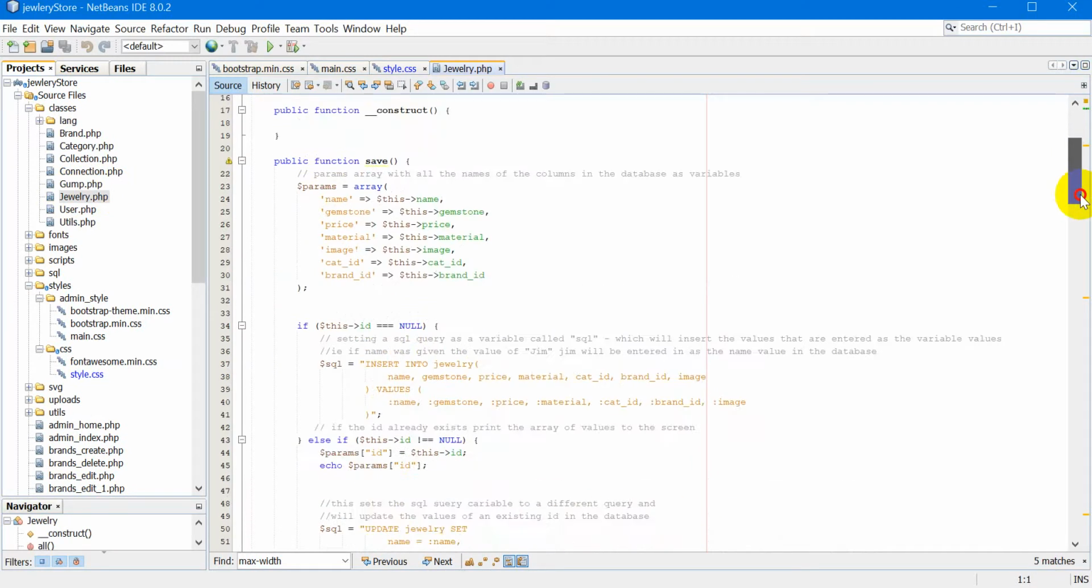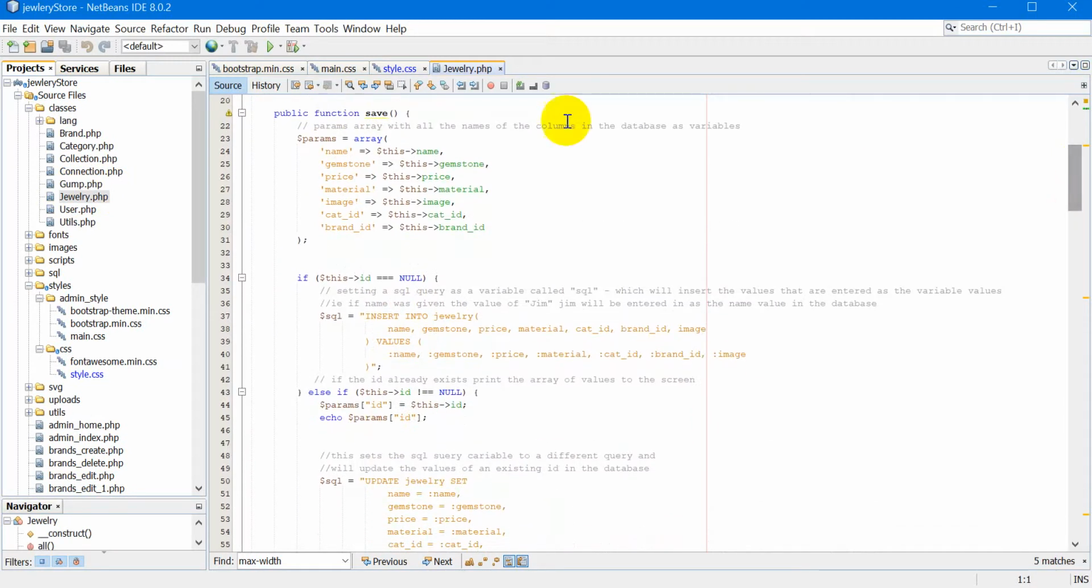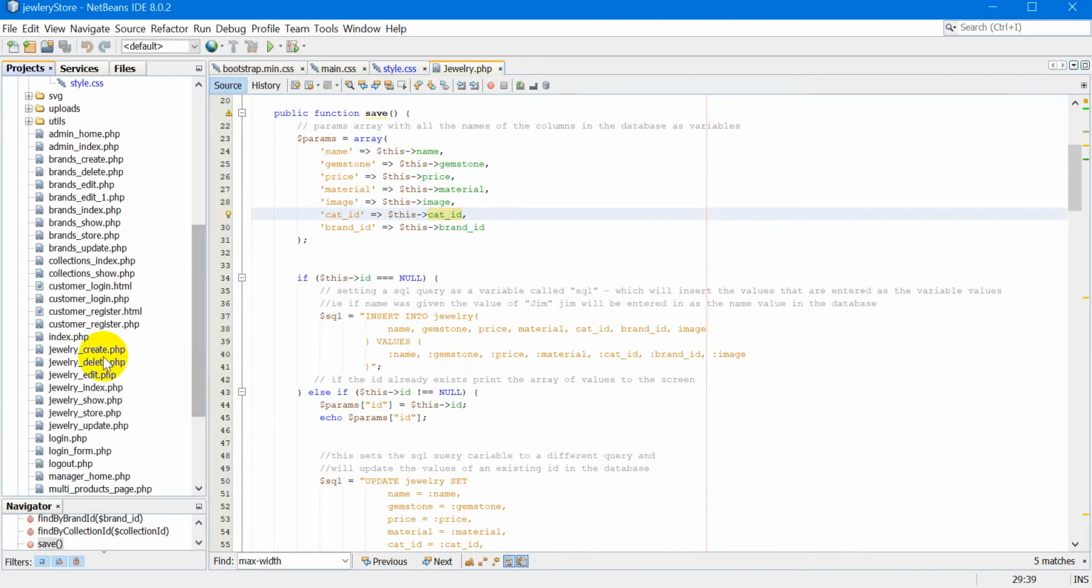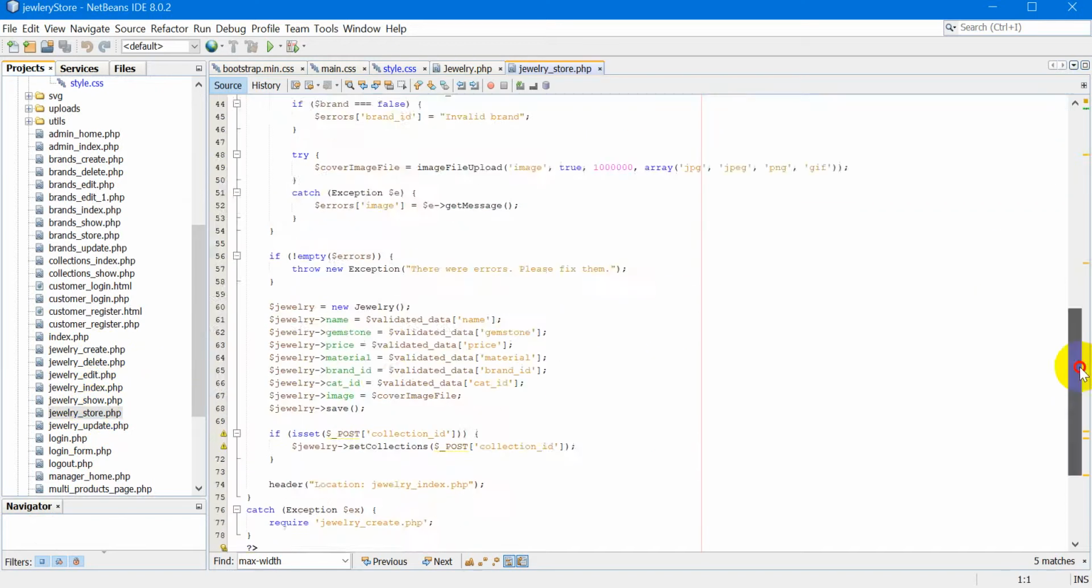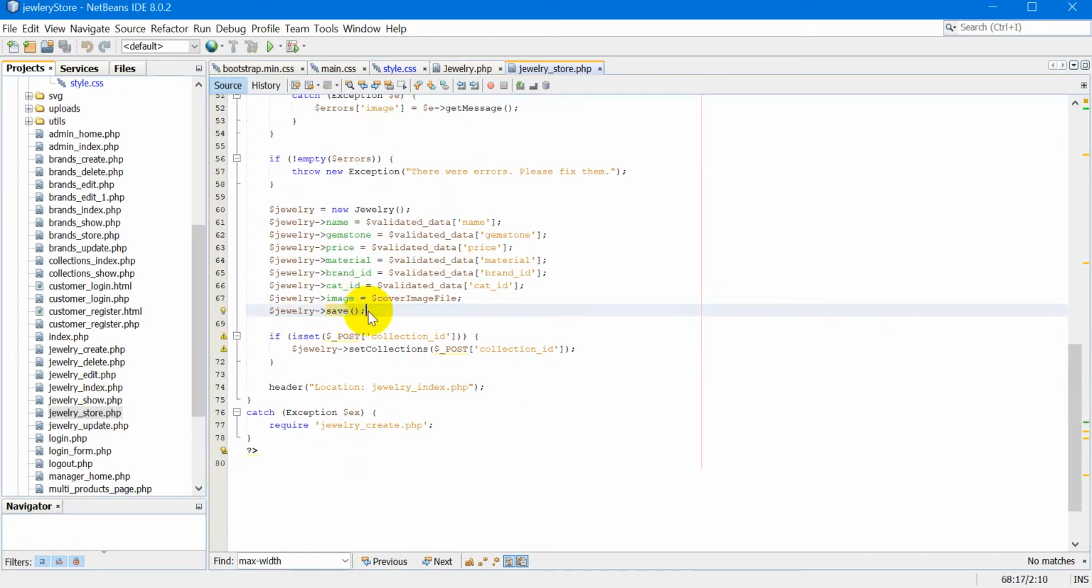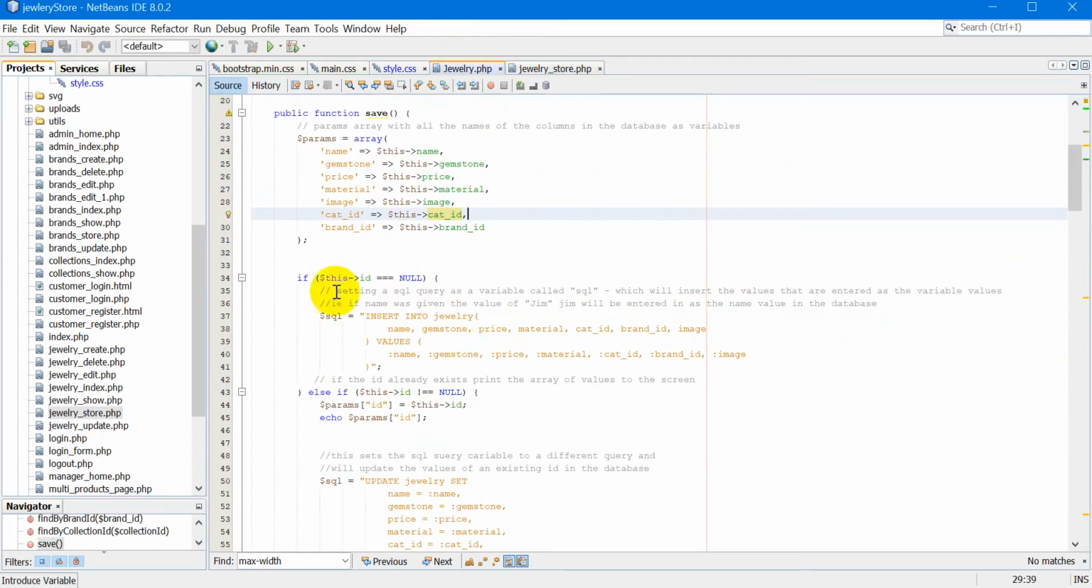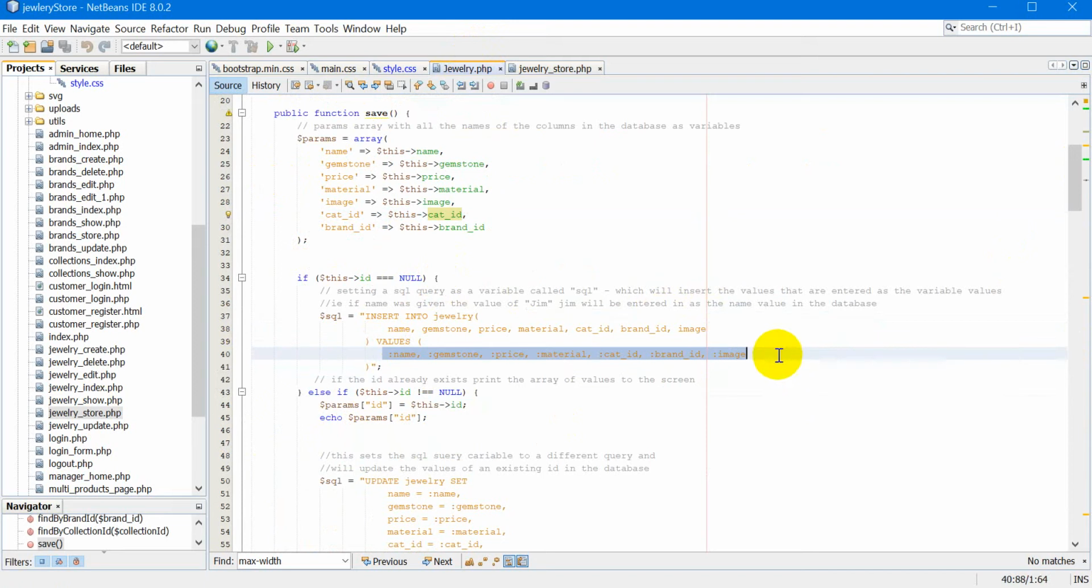We'll show how it's inserted into the database. So it's in the save function. The save function is invoked by, if you go to add product and you press submit, on submit it goes to the jewelry store page, jewelry store.php, which validates it and filters all the white space out of it, and then invokes the save function, like here. When that's invoked, the values you enter are inserted into these values here and are inserted into the database,